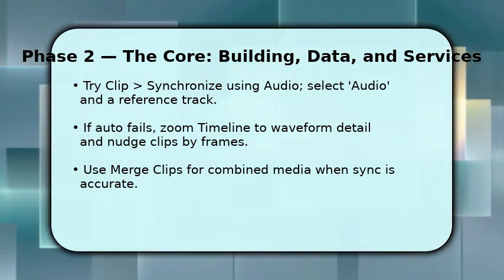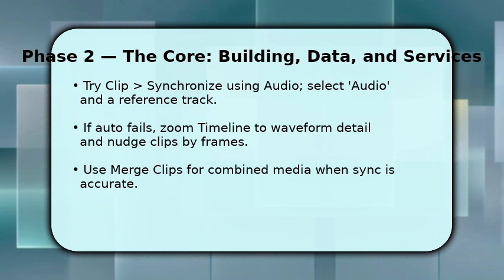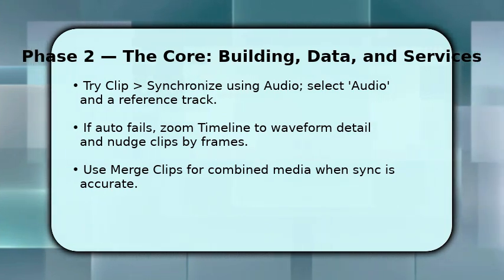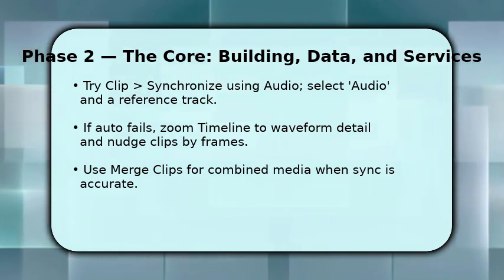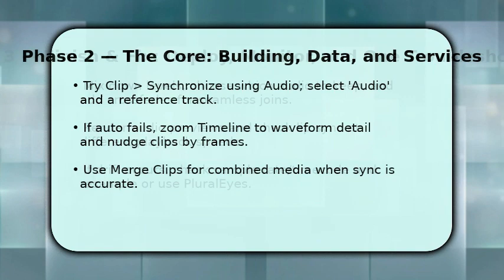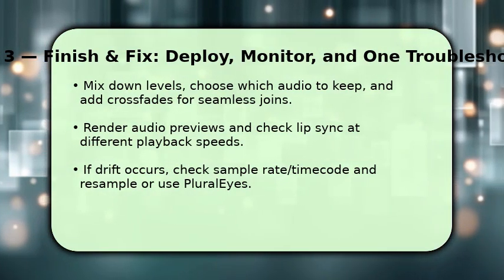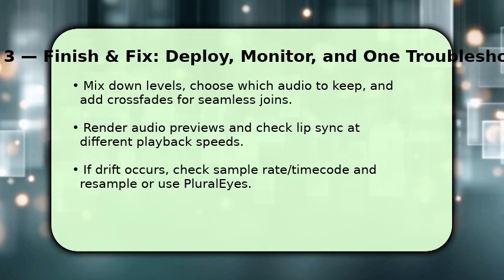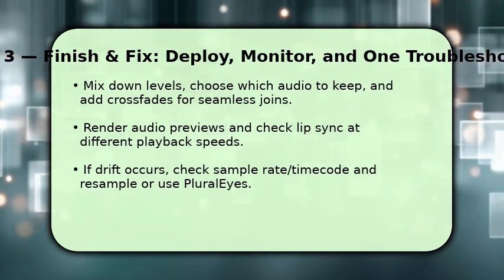Once aligned, use merge clips to create one synced clip or nest the tracks to keep edits tidy, because merged clips retain both audio sources for mixing later. You finish by choosing the primary audio, often the external recorder, and lowering or deleting camera audio, then add short